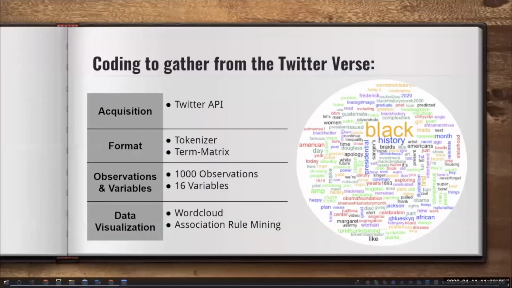Leveraging our Twitter API authorization, we collected and cleaned the initial CSV file generated from the Twitter search. After that, we tokenized and term-matrixed the 1,000 tweets and 16 variables into colored word clouds. The word clouds, while visually pleasing and effective in displaying data, did not enhance our capacity to distill a deeper meaning of the matrixed Twitter data. However, applying the apriori algorithm, we could find associations by computing the support, confidence, and lift.